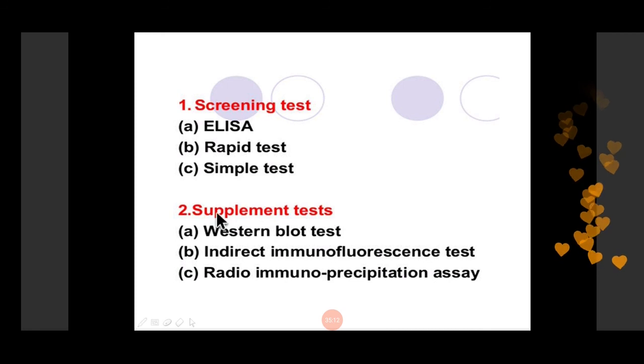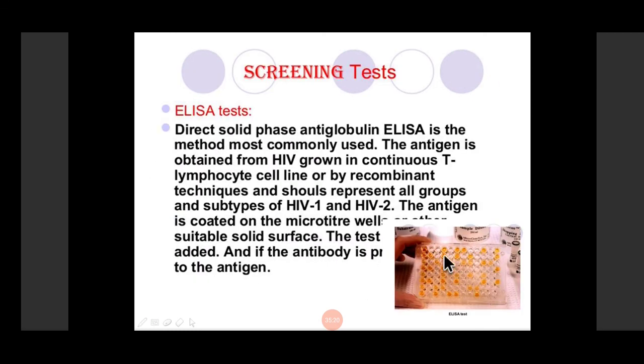Screening tests are ELISA, rapid test, and single test. Supplementary tests confirm it: Western blot, indirect immunofluorescence assay, or radioimmunoassay. You don't have to learn how to do ELISA, but this is the ELISA plate. In the ELISA plate, we actually detect the antibodies. We take the patient serum, and these wells are coated with antigen. If there are antibodies in the patient serum, they react with the antigens. So an antigen antibody reaction occurs, leading to a change in color, and then we measure the optical density. That's how we give it as positive or negative. So this is one of the screening tests.